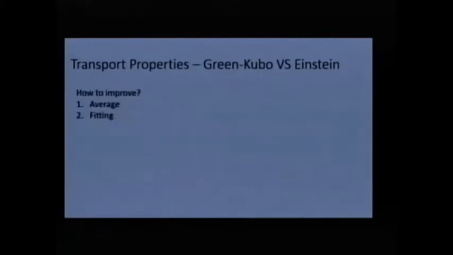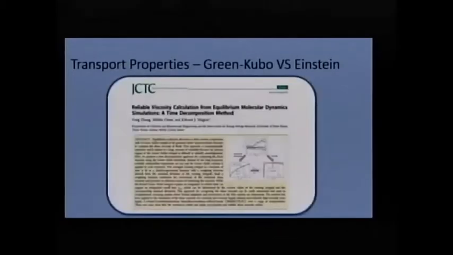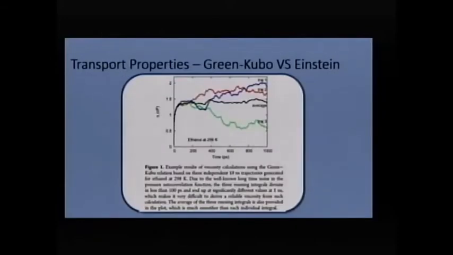So there are some ways to improve the results from Green-Kubo and the Einstein method. And this is just improving averaging and doing some fittings in the equations. So here's one paper. In this paper, they developed what they call a time decomposition method. In this method, they do a lot of simulations. So if we look here, trajectory 1, trajectory 2, and trajectory 3, all are the same system, but with different